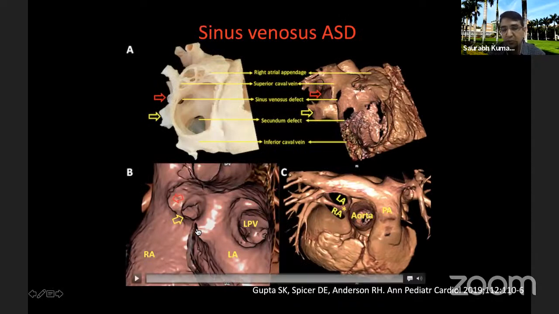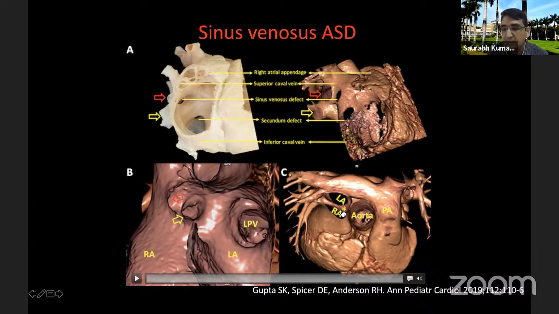Similarly, sinus venosus defect, as you can see over here, this defect is very difficult to understand without having exposure to surgical specimens or autopsy specimens, but this was possible here by seeing that this is the so-called anomalous pulmonary vein, and this is the normally connected pulmonary vein. And this image shows that the SVC is actually having biatrial connection, with this star mark showing the atrial septum